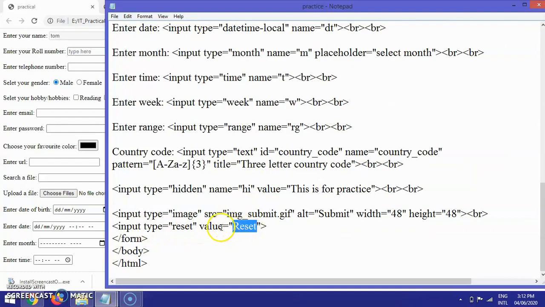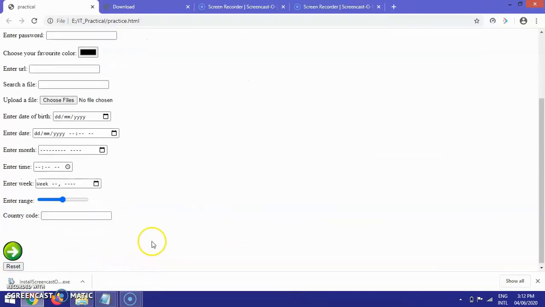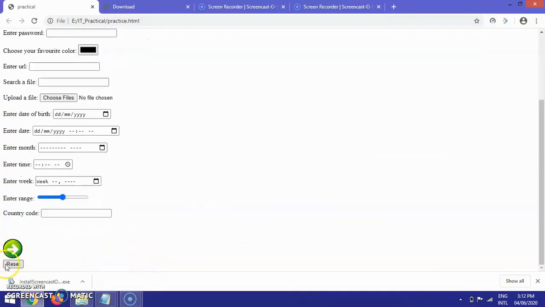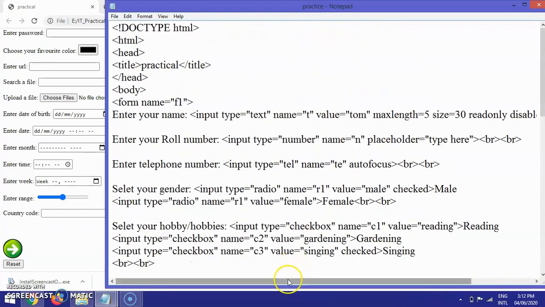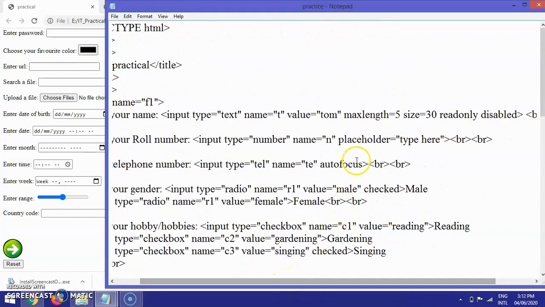So here I have given value equal to Reset. Now see this button, Reset, exactly capital R I have given, so capital R is displayed. Whatever text you want to display inside the button, you have to provide in the value attribute. So the value attribute is an important attribute, it's needed anywhere, okay?